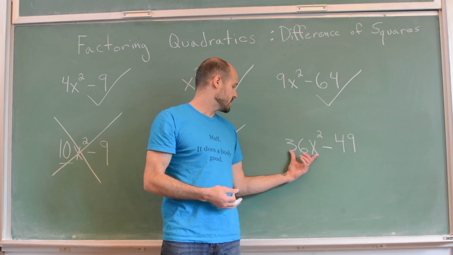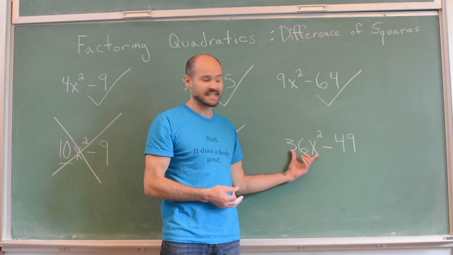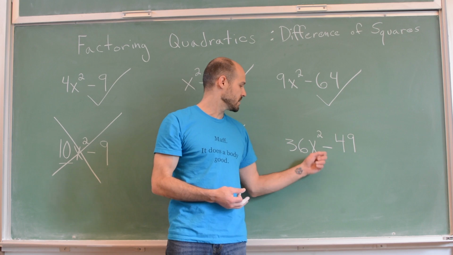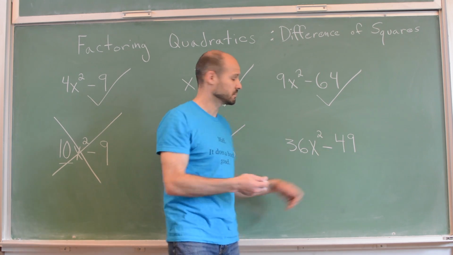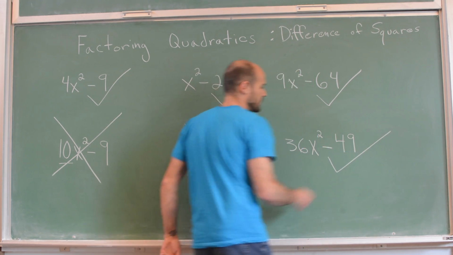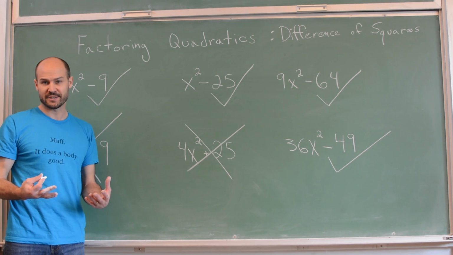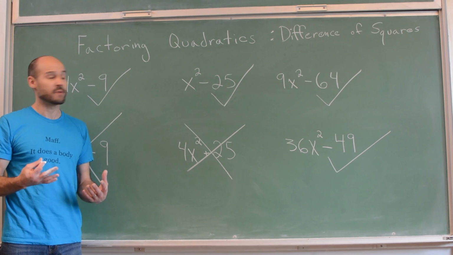Let's check this one. 6x times 6x, good. 7 times 7, good. Subtraction, good. So you have to make sure that you have a difference of squares before you use the method for factoring